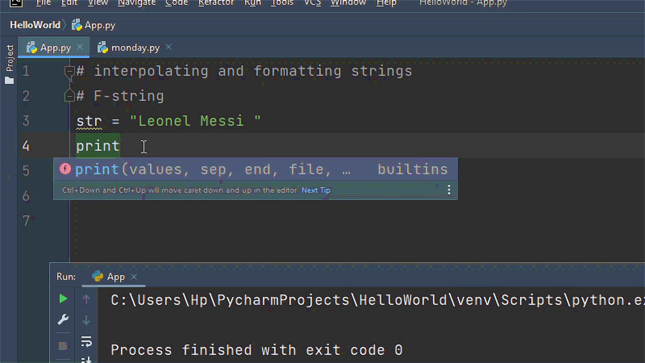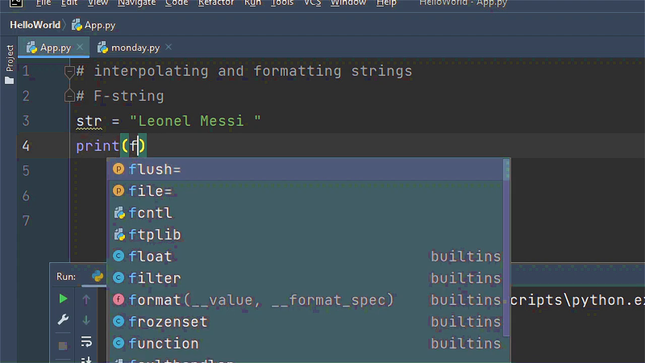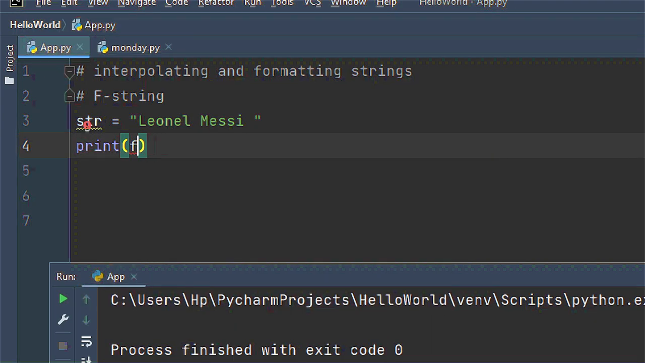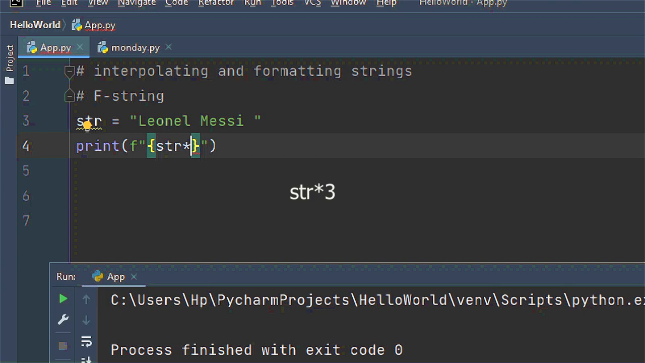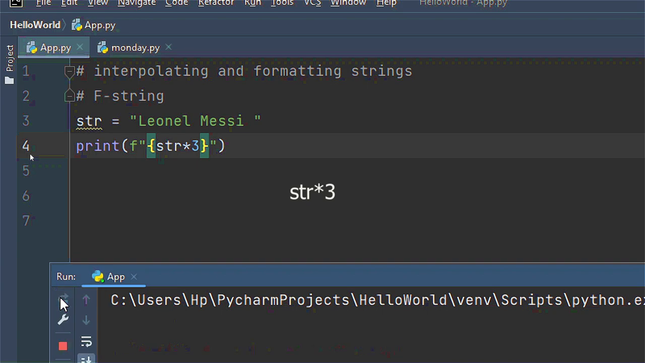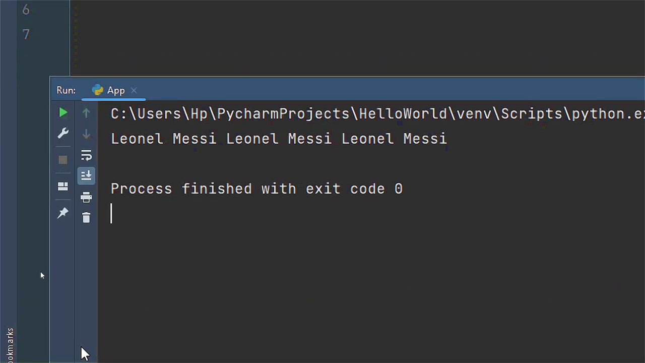You say print, you open up your brackets, then inside you put the f and you open up your quotation marks. So inside this quotation marks is where you're going to do the formatting. So here I'm going to open up my curly braces and I'm going to write the name of the variable, which is str, and I'm going to say multiplied by 3, that is times 3. So when I run this, it's going to print Lionel Messi 3 times. So you can see it says Lionel Messi, Lionel Messi, Lionel Messi. So this is a very simple way of formatting